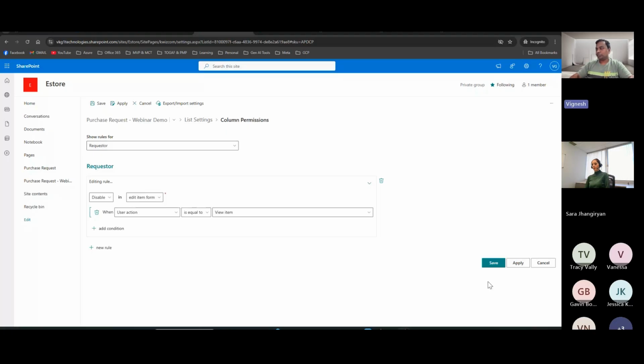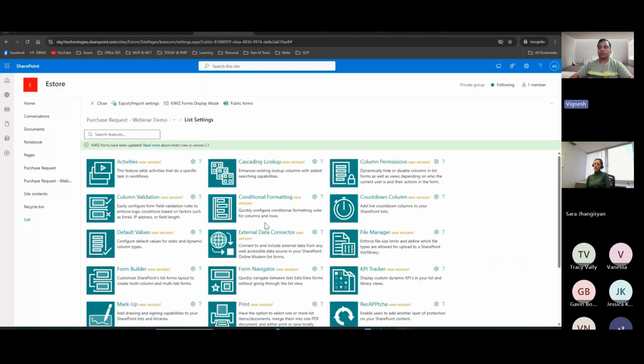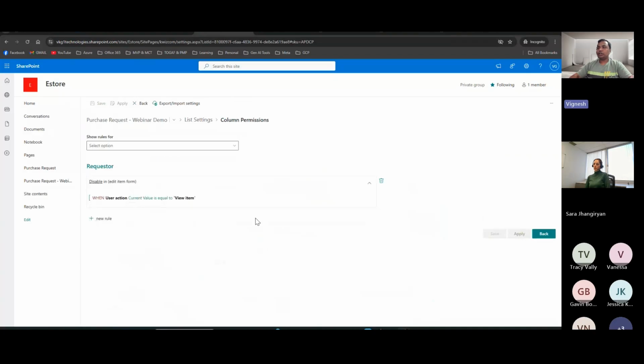This is one such permission which I created. I'm going to click on save. And you could do this for all the columns, because basically you do not want all the columns to be editable for everyone except the requester. So this is one such thing which I've created, and you can continue doing this for all the other columns,